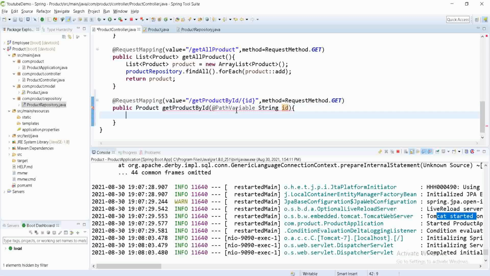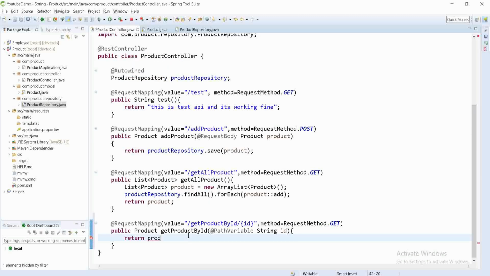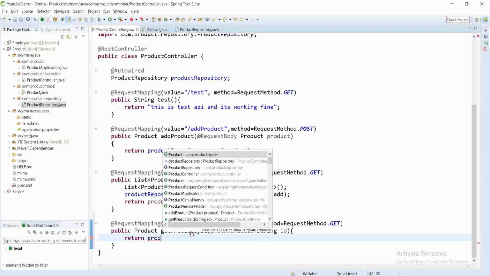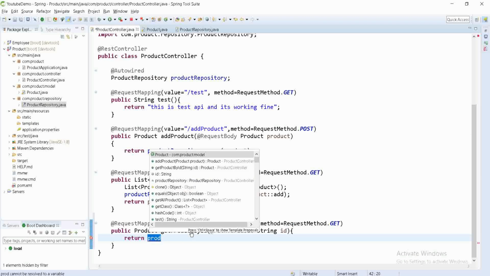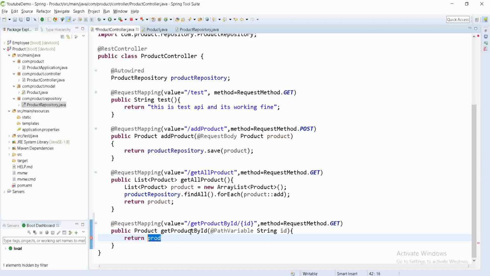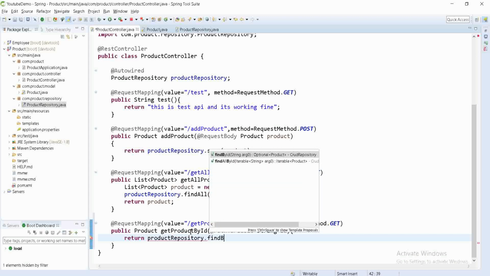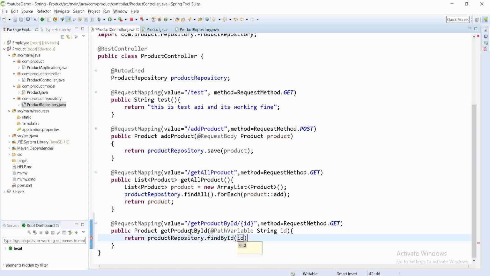Now what we have to do is we have to return this product, so for that return product repository. Let me minimize this. Product repository dot find by, it provides one method like find by id, in that we have to provide this id.